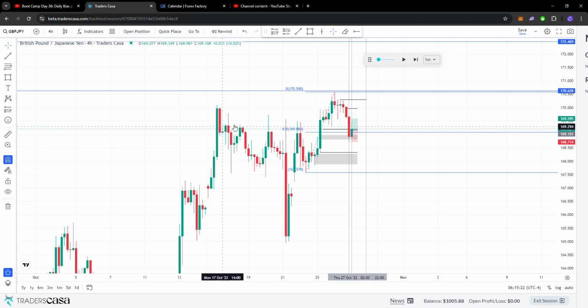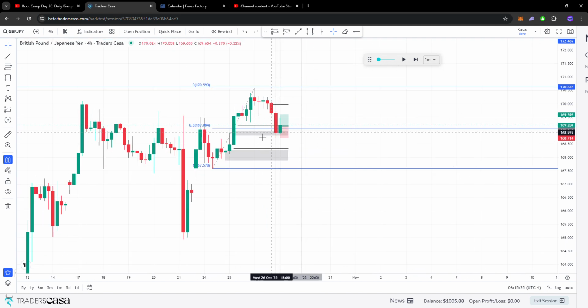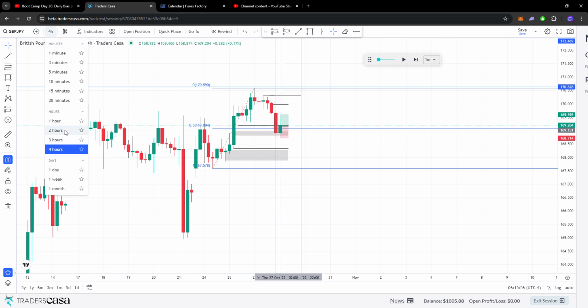So I did have this 4 hour fair value gap marked out from here to here. We'll see these lows, still have the 4 hour highs marked out. We also have the equilibrium of the 4 hour leg up here for the retracement, to see where price would be good for buys for big banks, big money. So yeah, we have the 4 hour marked out, 4 hour fair value gap marked out, this low here,